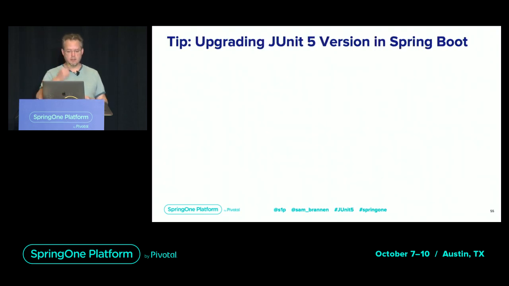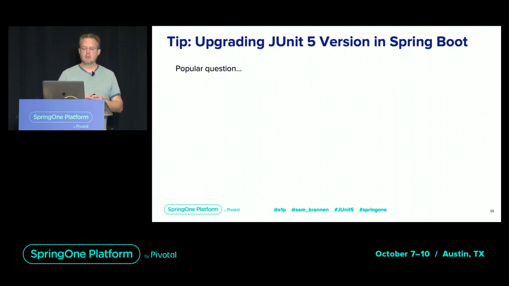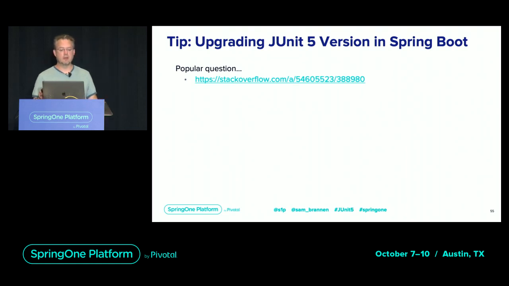So this is one thing that's become a popular question in various circles and on Stack Overflow. How do I upgrade the version of JUnit 5 used when I'm using Spring Boot? It's actually not any different from the way you would upgrade any other dependencies, but a lot of people just don't realize how they can do that. So you can read the thread on Stack Overflow if you like, but I'll show you here to save you